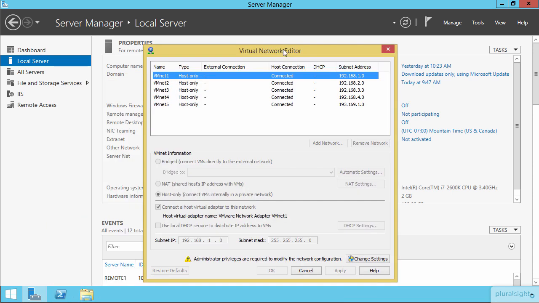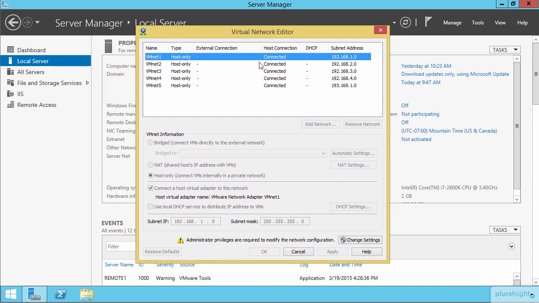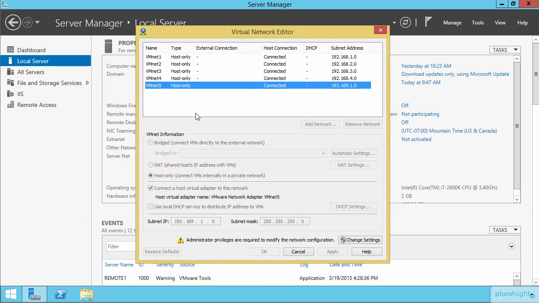In VMware Workstation with the Virtual Network Editor, you'll notice down here that I've created a VMnet5 virtual network that corresponds to the 193.169.1.0 net. And you could literally make this anything you wanted to. It just has to be a public subnet address that's not one of the set-aside reserved private ones. I created this as 193.169 just because it was one number off of the traditional Class C private net address